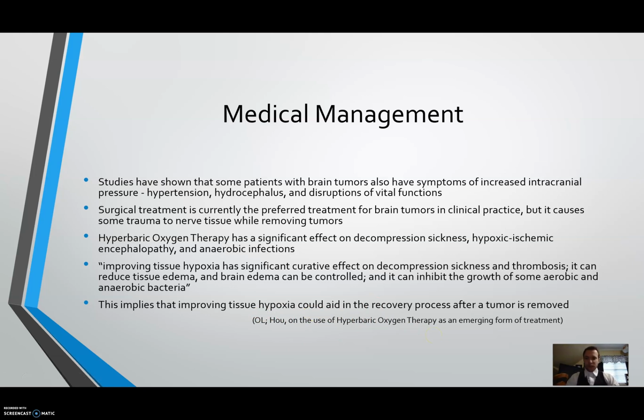So there is advancement going on, and that's what they're looking at now. I just want to read you this quote real quick. Improving tissue hypoxia has significant curative effect on decompression sickness and thrombosis, can reduce tissue edema, that's what we're looking for, and brain edema can be controlled, and it can inhibit the growth of some aerobic and anaerobic bacteria, especially